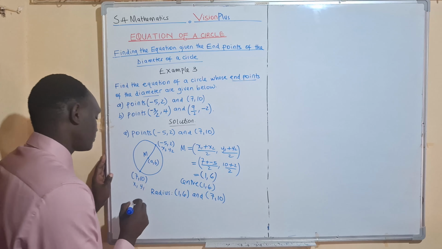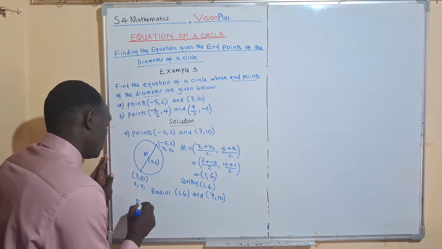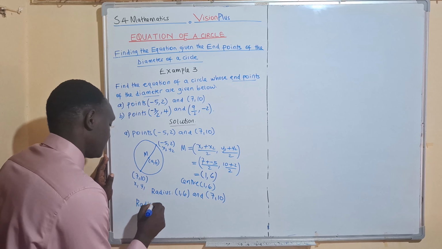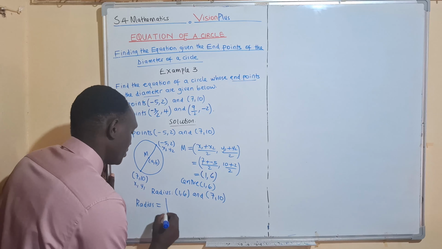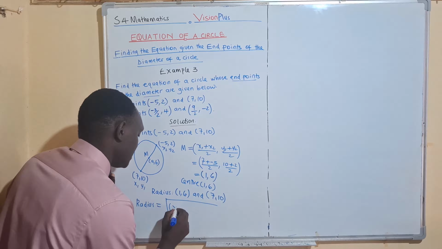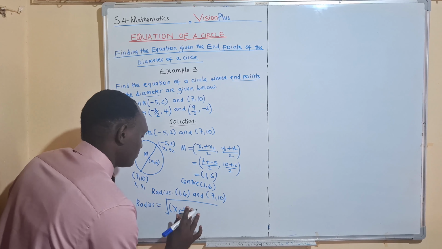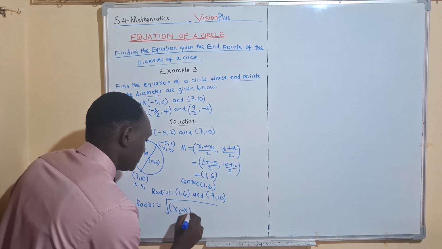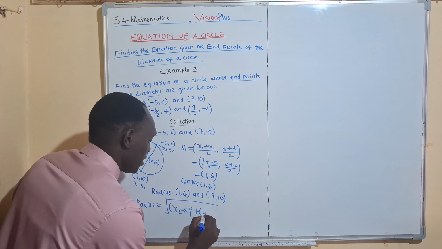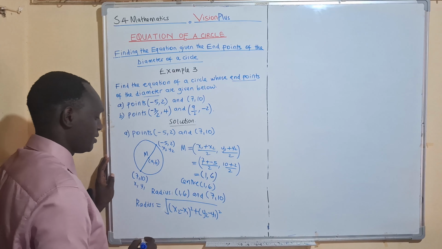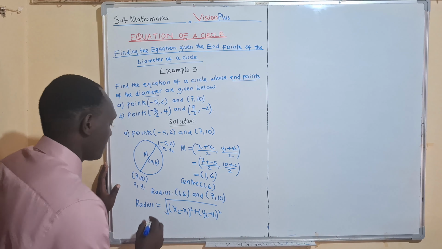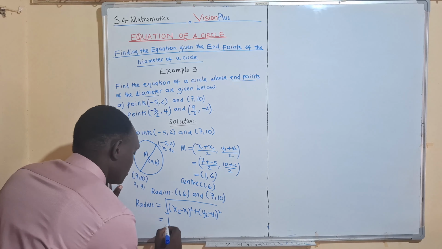So from here, now the radius is going to be the distance between 2 points, that is the center and any other point on the circumference. Let me quote the formula, which is given by, this is the length between 2 points, the square root of (x2 minus x1) squared plus (y2 minus y1) squared. And then you substitute. On substituting here, we have the square root of